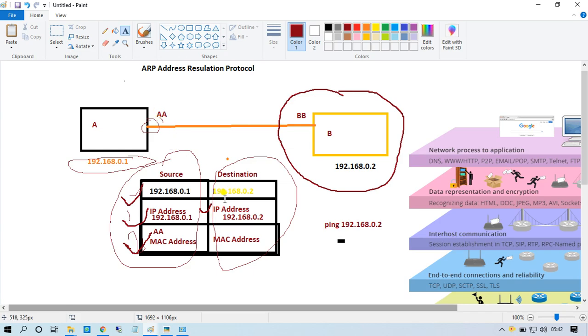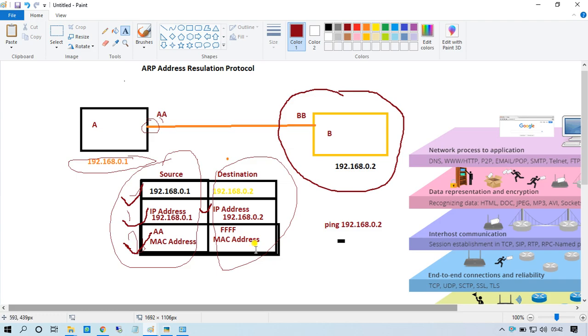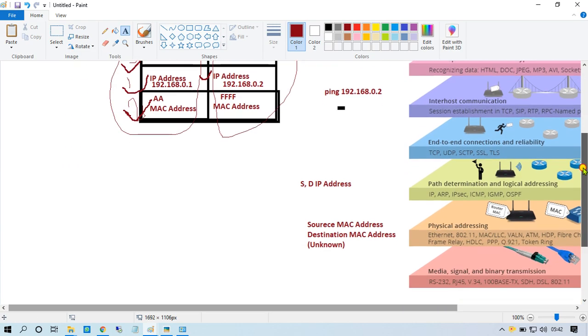It will create an ARP packet using the default broadcast MAC address, and it will forward the traffic using the broadcast MAC address.